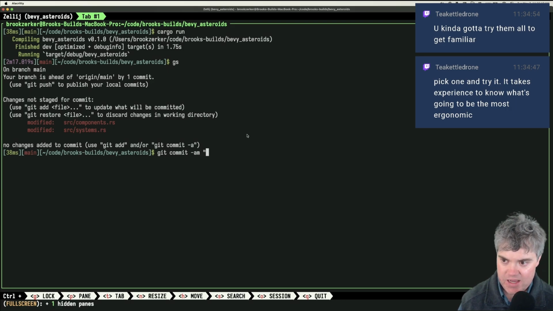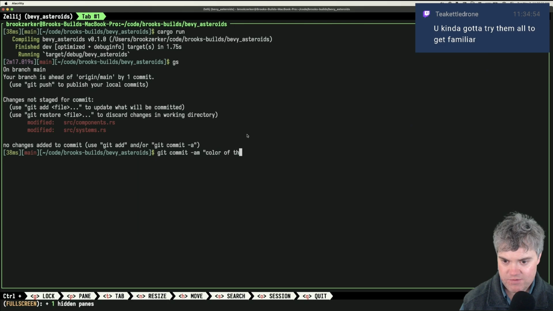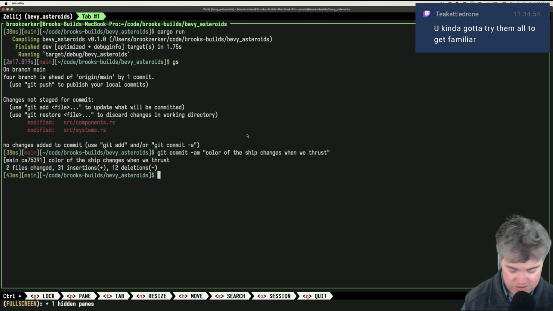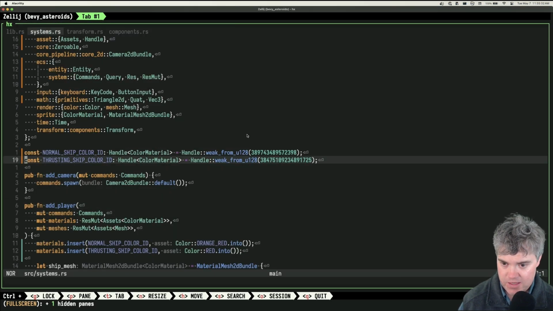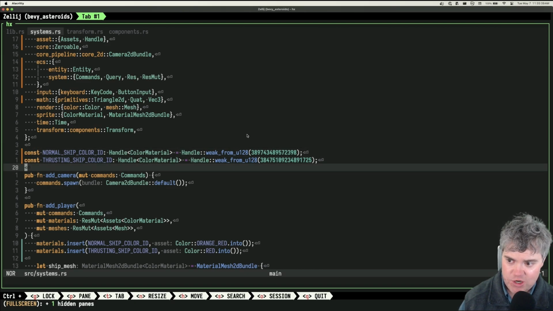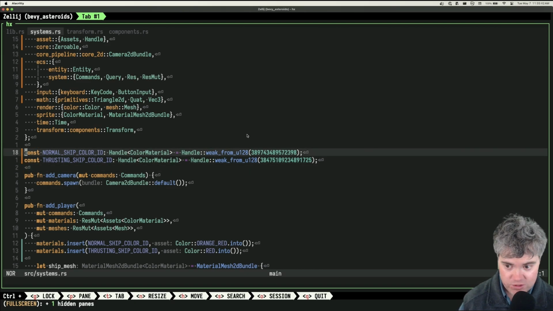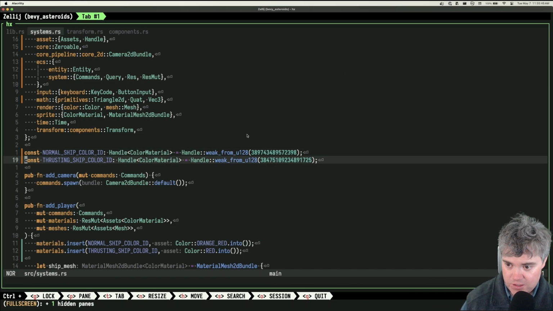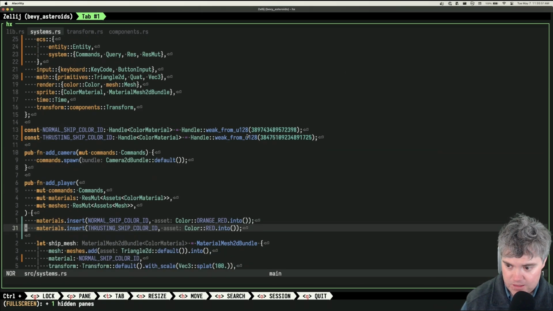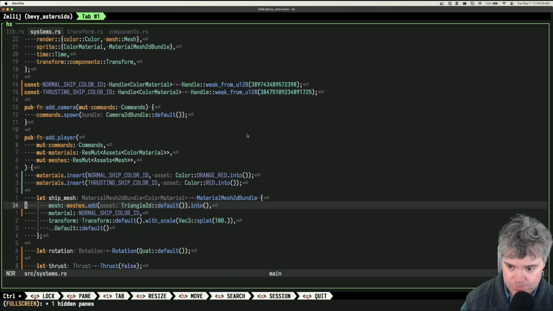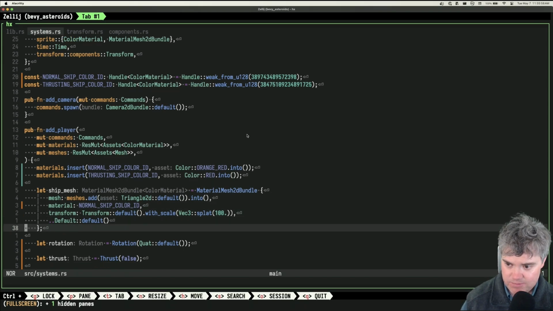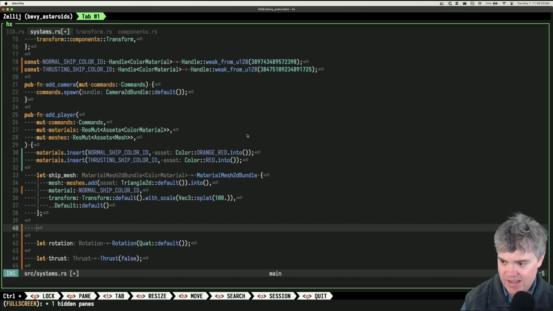All right, so what do we have? The color of the ship changes when we thrust. So we have that going on. So now I could create a new... I kind of feel that these shouldn't go in here. I kind of feel like I can have a materials folder and then throw in two different meshes. Or at least one thing I'm thinking about doing is having a thrust mesh, like the burners, engines or whatever. But let's say I have an engines mesh.